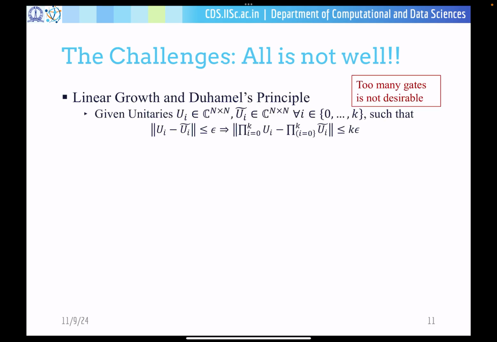Okay, so now let us talk about the challenges of quantum computing. Although this might seem a good thing about quantum computing, there are certain challenges to quantum computing. For example, linear growth and Duhamel's principle. Now this principle states that if suppose